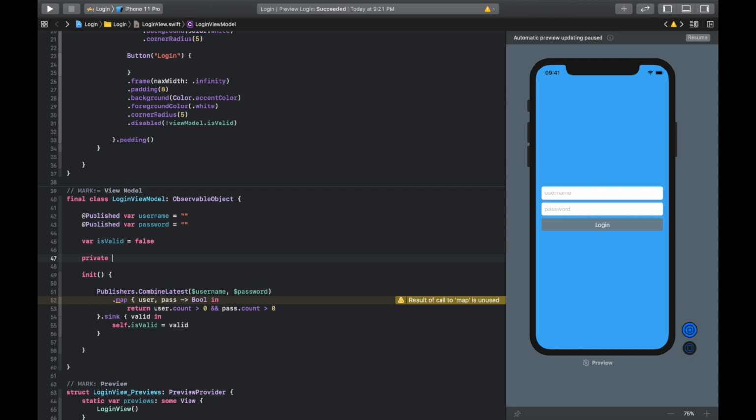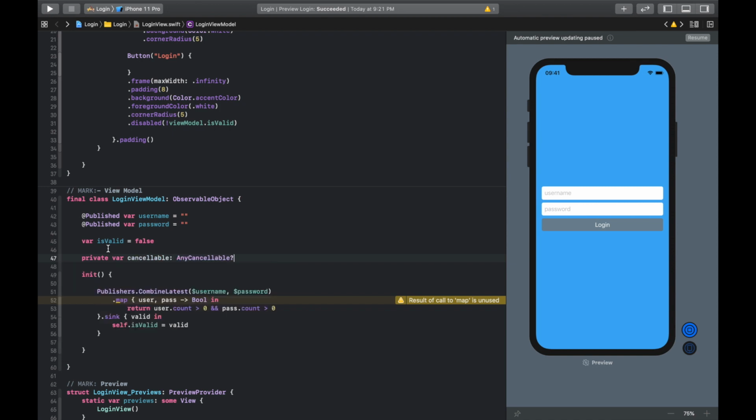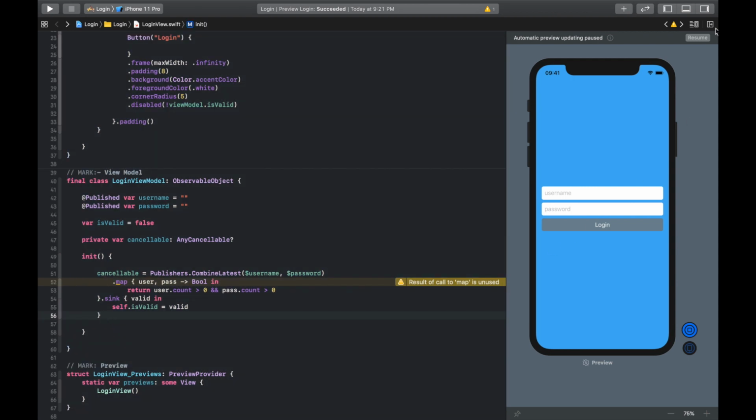We'll mark this as private because it is not required outside. We will create one variable cancellable of type AnyCancellable and simply assign the output of this expression to anyCancellable. We will align it. So now we will simply rerun it and we'll see.